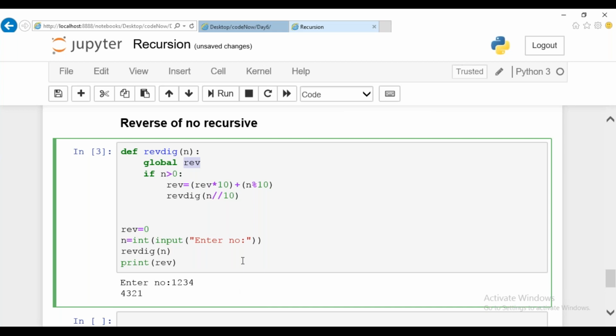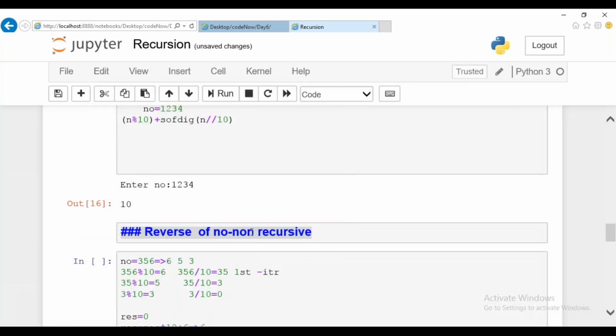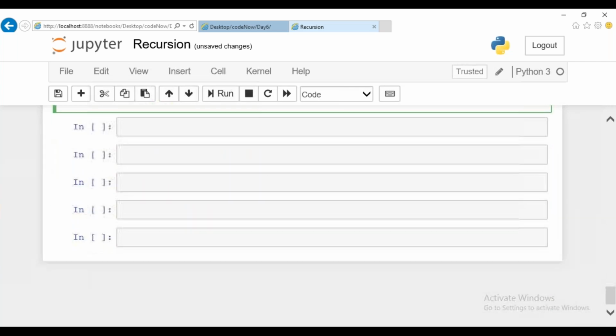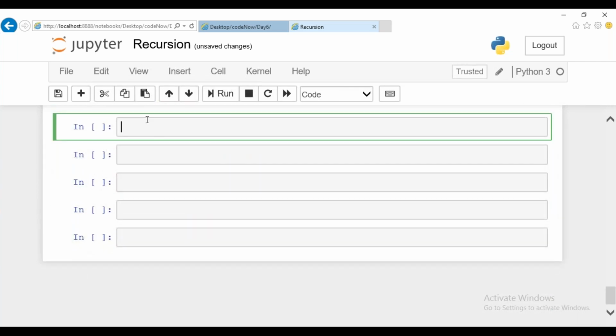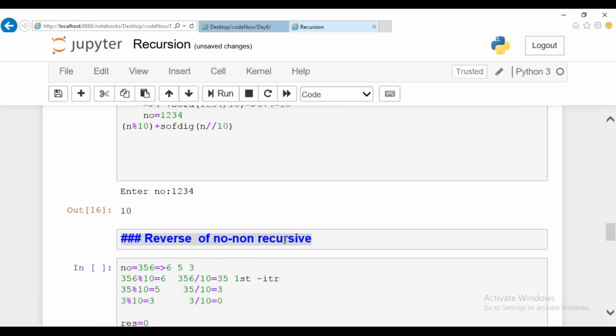And next, we can try the generation of the Fibonacci series in a non-recursive way. We are going to try generating the Fibonacci series using the non-recursive way and the recursive way. Let me copy this one so that it will be easy to edit.